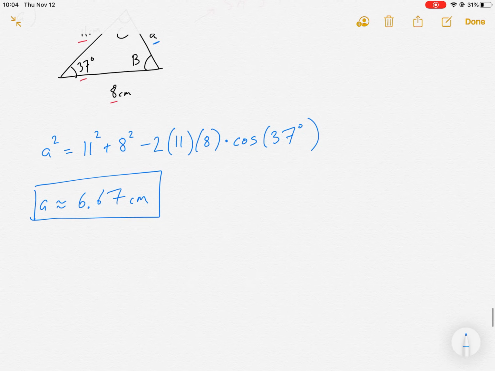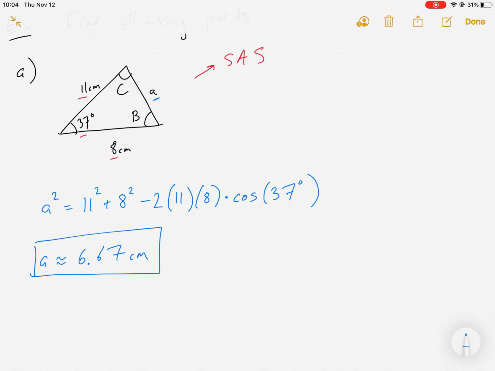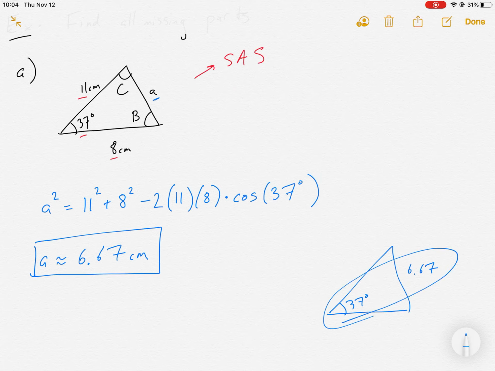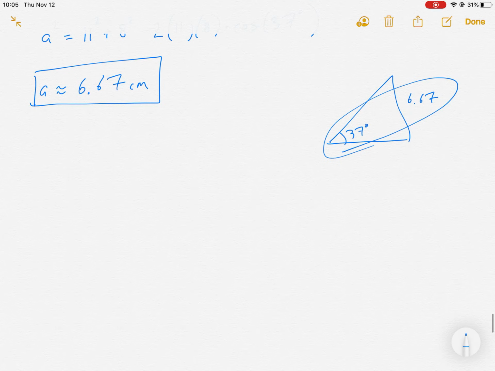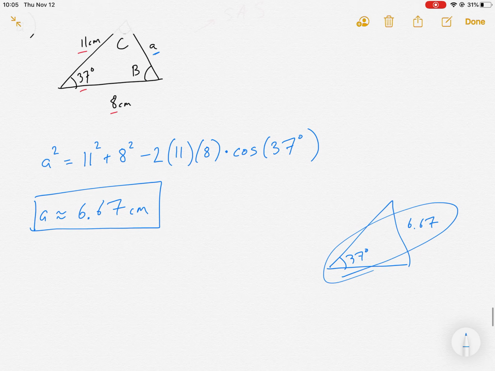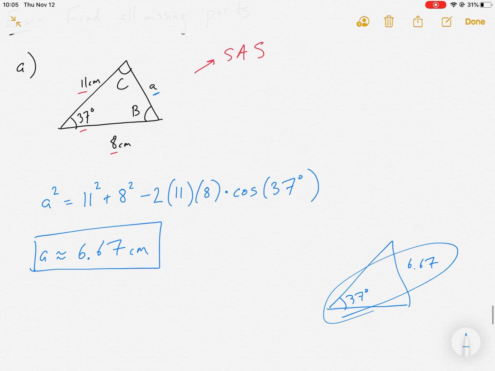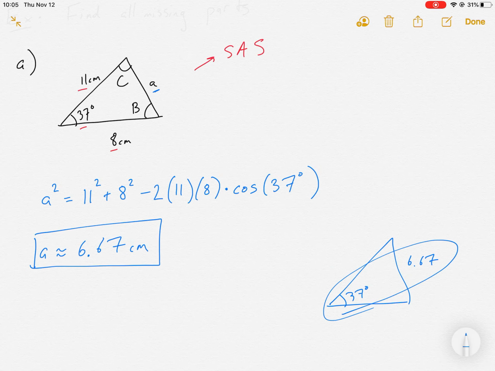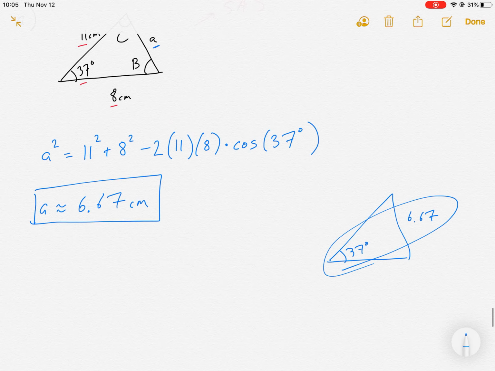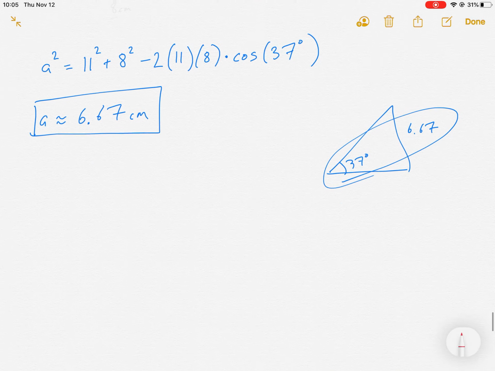Now, it doesn't matter too much what we do next because we could actually use law of sines at this point. So notice how I have these two corresponding angle and side here. So we could use law of sines if we wanted, or we could continue using law of cosines. If you do use law of sines, it's really important to remember to actually use a special angle because you want to avoid the ambiguous case. So if you're going to use law of sines, which I will,